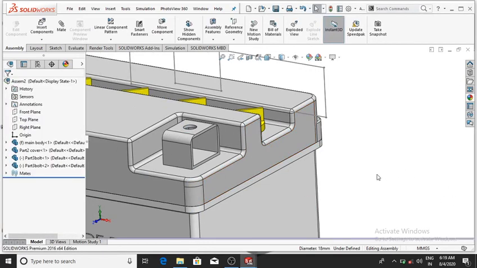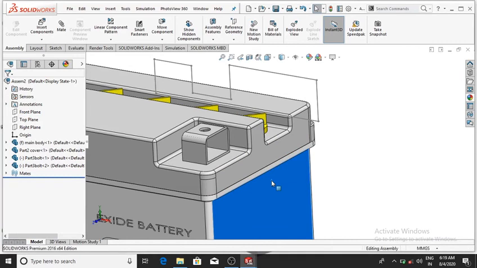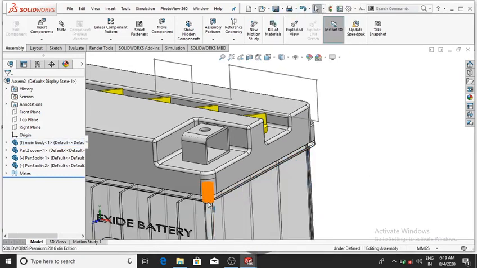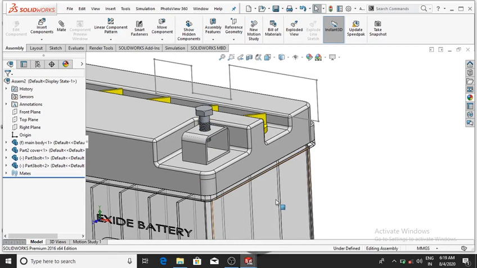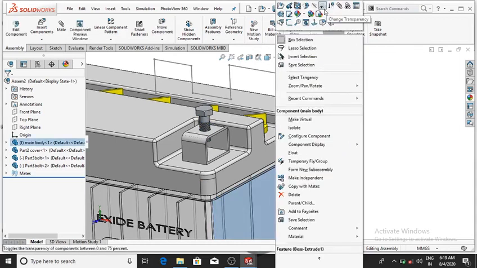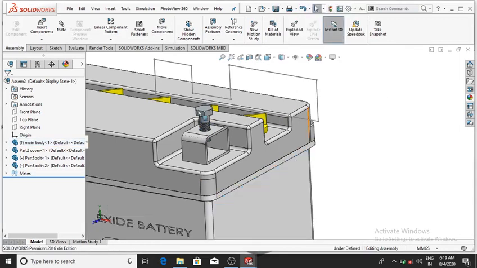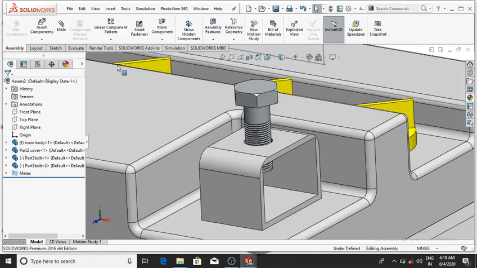Click this and make it transparent, and again select this and drag it up to this, then okay, and untick the transparency.